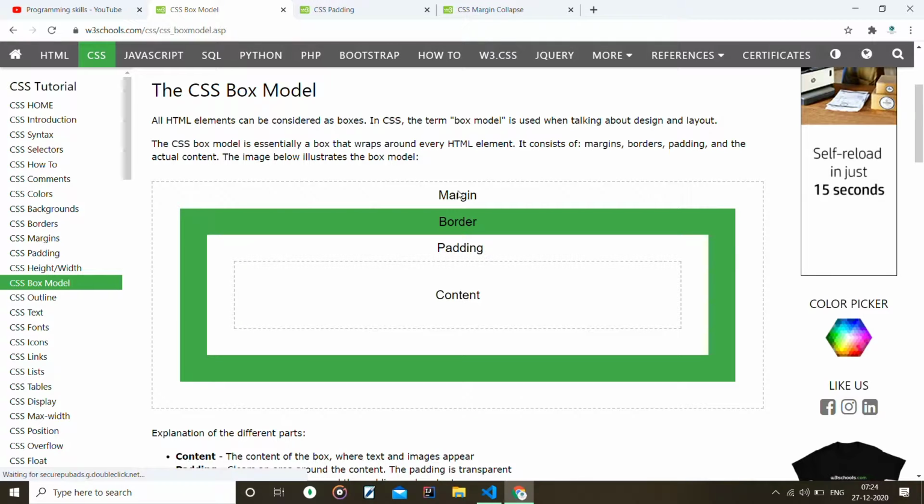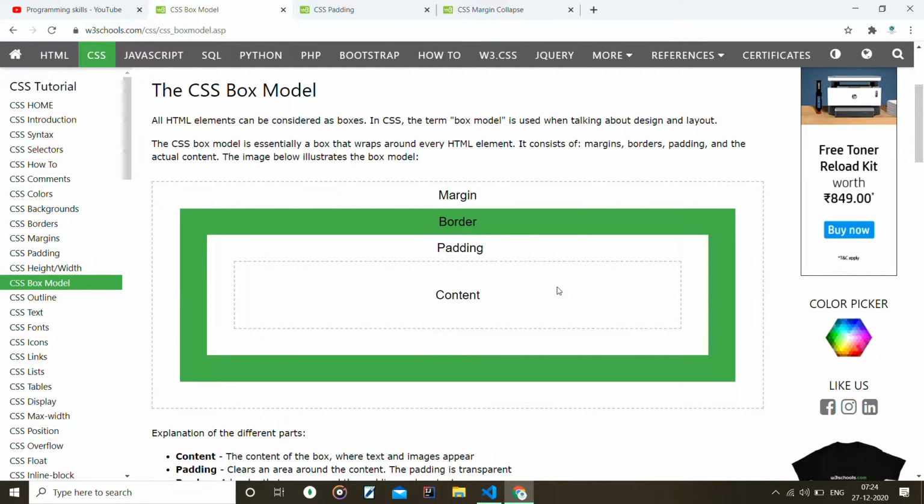Here you can see we can set the margin and padding from four sides. If we need to set our margin only from the upper side, then we have to use margin top. If we need to set the margin from the bottom, the down part, we use margin bottom.